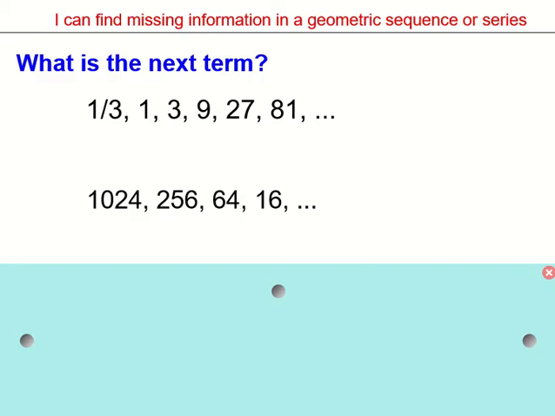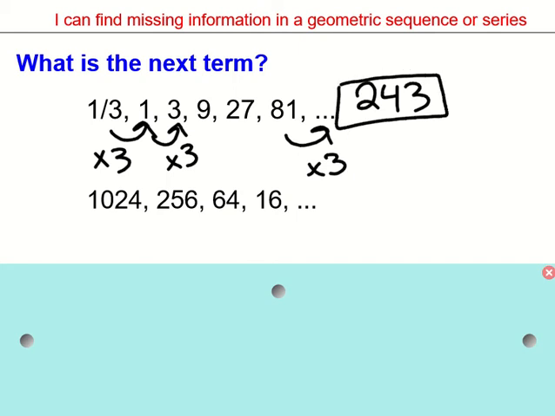So here we have two sequences, and it's asking us for the next term. In order to find the next term, we're going to compare these numbers and come up with patterns. So from 1/3 to 1, we're multiplying by 3. From 1 to 1/3, again, that pattern continues of multiplying by 3. So in order to find the next term in this sequence, I'm going to take 81, multiply that by 3, and I'm going to get